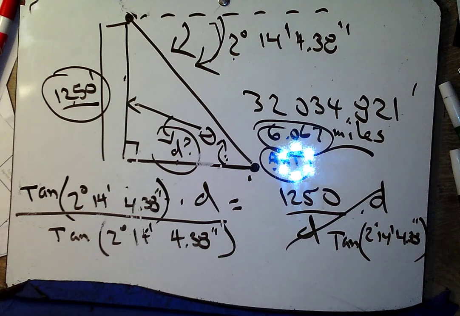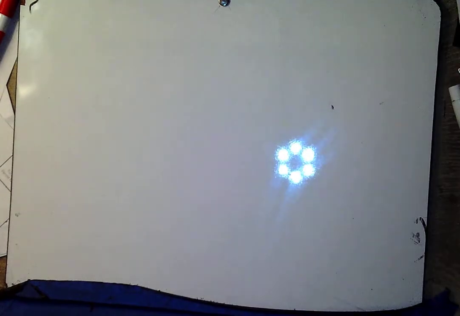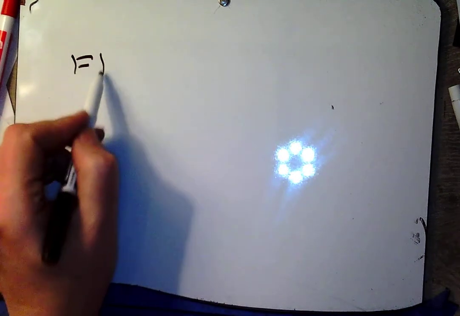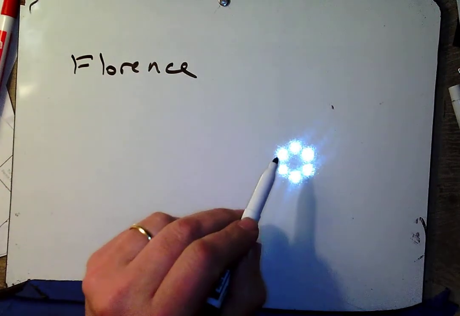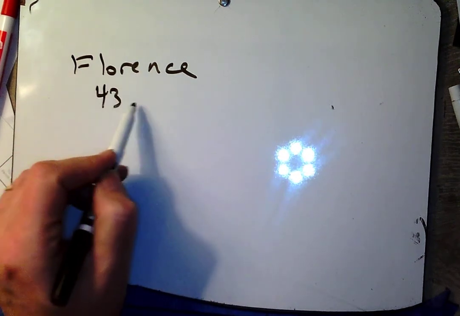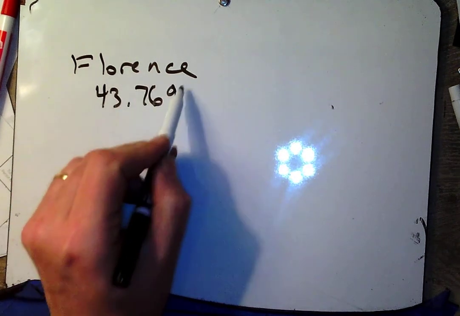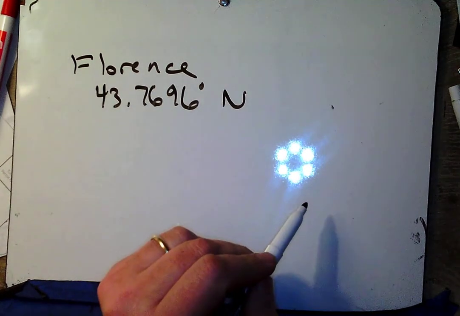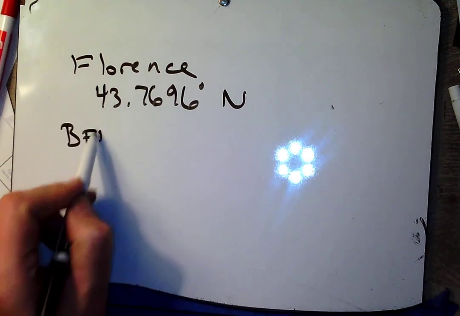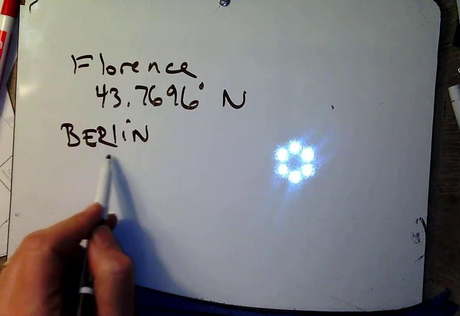Okay, well, there's one last type of problem that I think would be nifty for us to look at, and that is the distance between cities problems. Okay? So, distance between two cities. Florence, beautiful town in Italy, is located at 43.7696 degrees north latitude, and Berlin, Germany, is located at